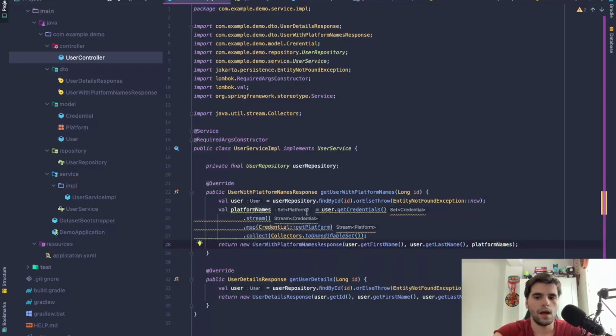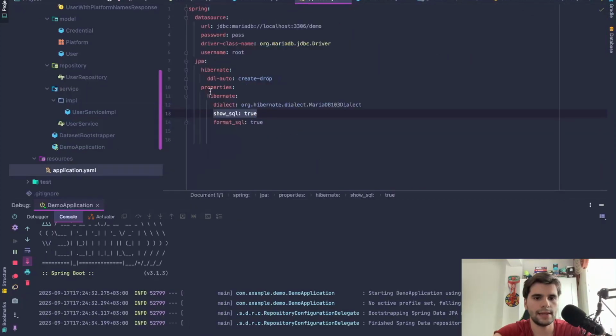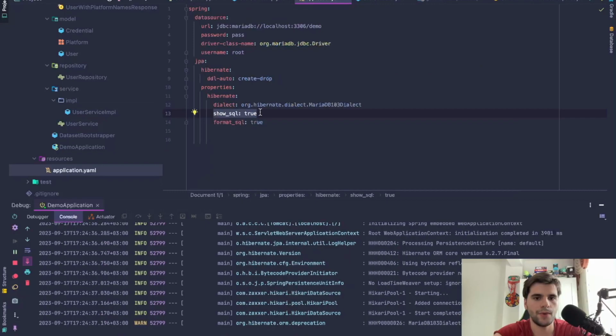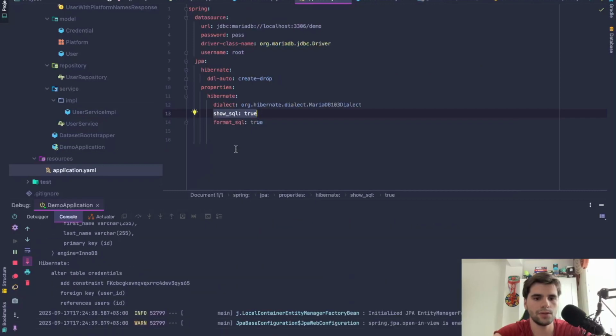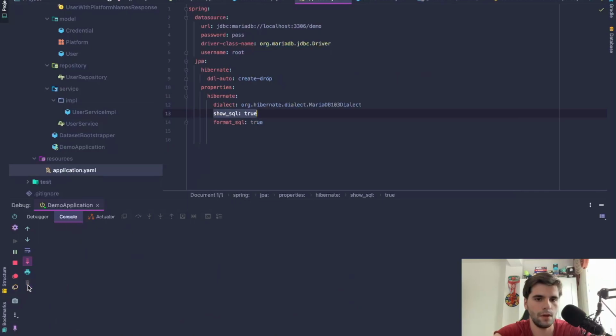Well, this is just an example, but in terms of business requirements, we pretty much covered everything at this point. But let's try to run our application and see what's happening. Please note that I have enabled the SQL in our console so that we can have a better understanding of what Hibernate is querying